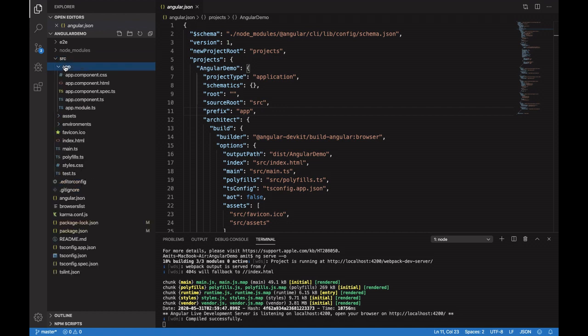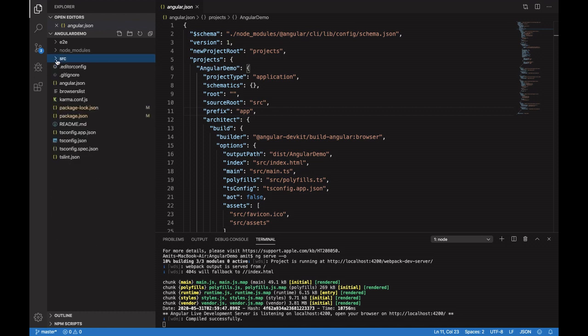For example, when I created this project, these app component.ts files were the default files that got generated and settled into this app folder. All the building, deployment and configuration related files of this project come outside the source folder.